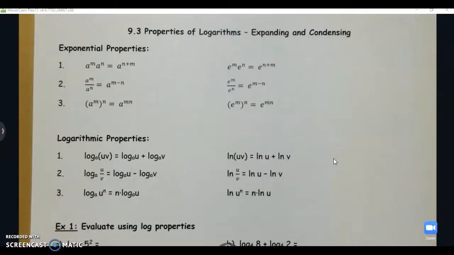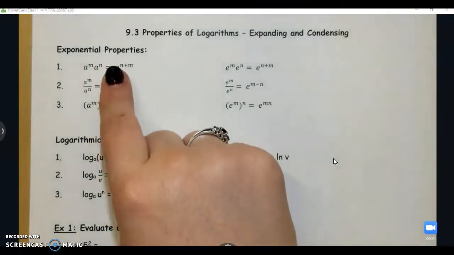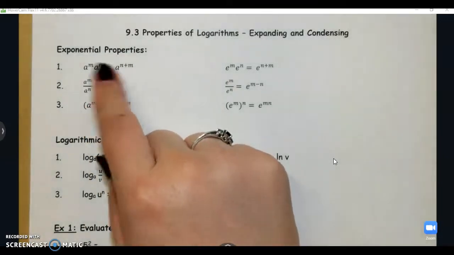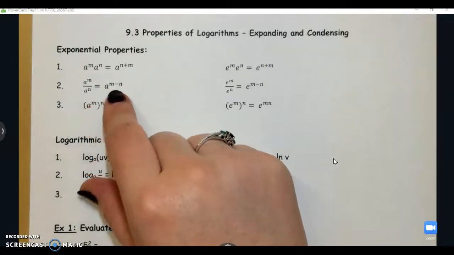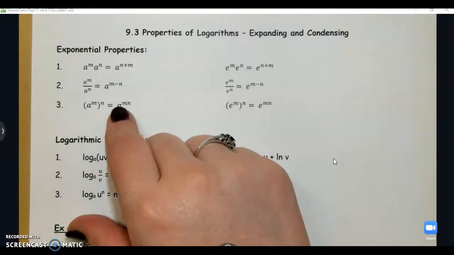Hello, today we are talking about properties of logarithms, and these properties allow us to expand or condense logarithmic expressions. And so these follow our exponential properties. So quick refresher, when we are multiplying like terms, we can add their exponents. When we are dividing like terms, we subtract their exponents, and when we raise a term to another power, you